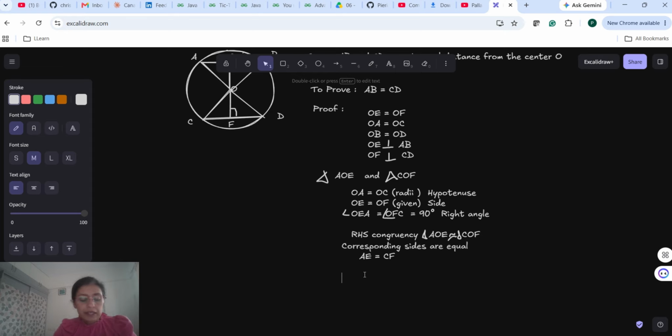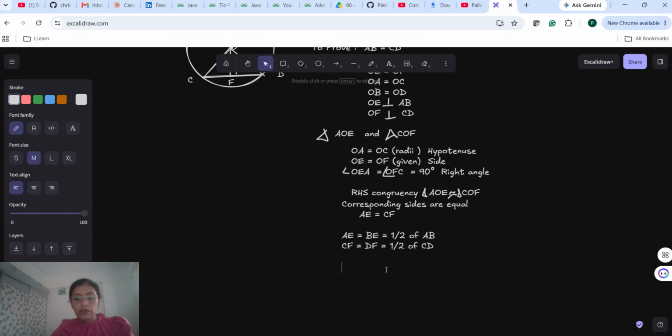So this means that AE is equal to BE is equal to half of AB. And similarly, OF is a perpendicular line drawn from the center of the circle to the chord CD. So it is bisecting the chord CD. So this will mean that CF is equal to DF is equal to half of CD,